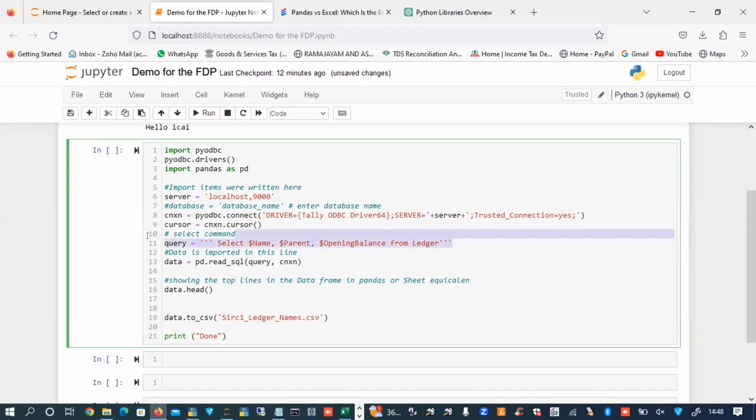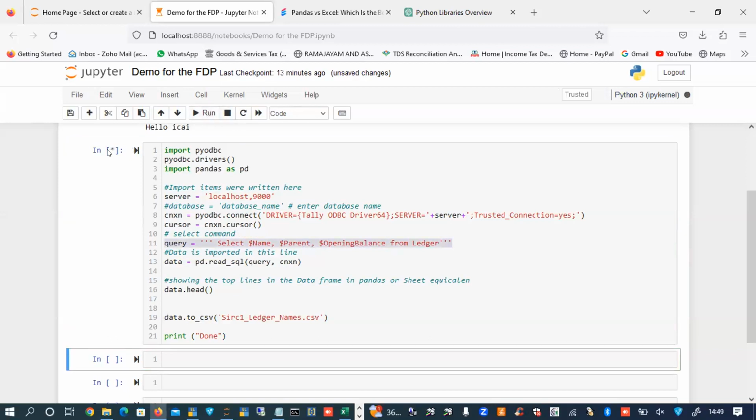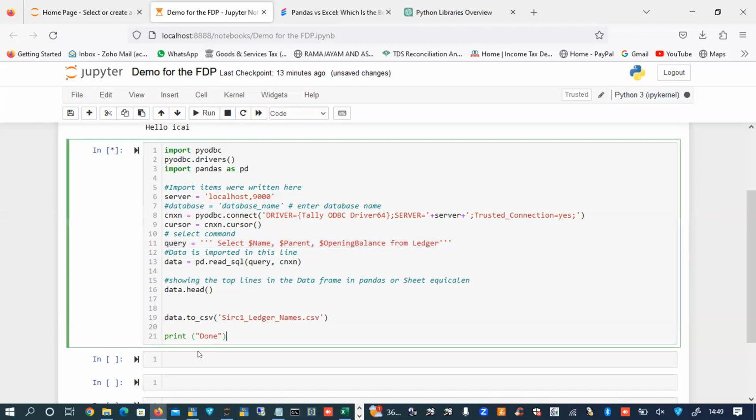This is a variable. This particular part you can go and alter. I'm going to run this command. So the star mark represents it's running, and once it gets over, the data is done. You'll get a message called done outside this box. So here, in the browser tab also, you can see it is showing a loading symbol.